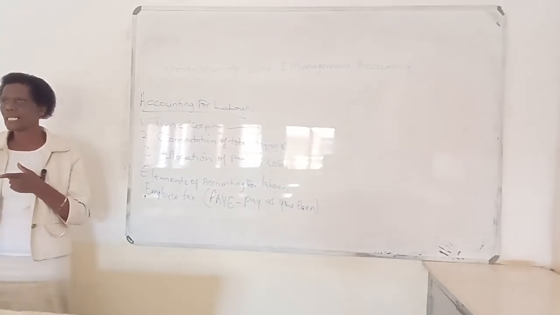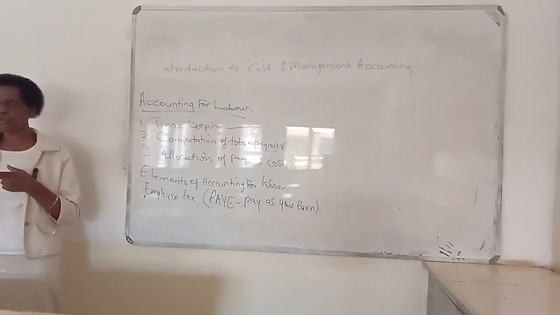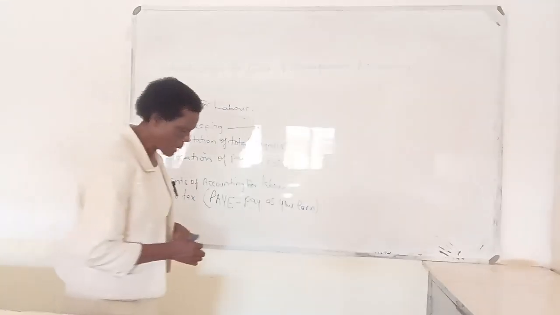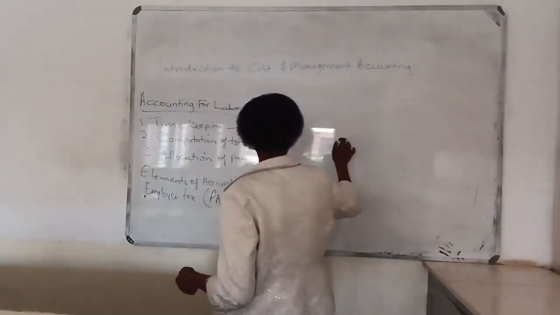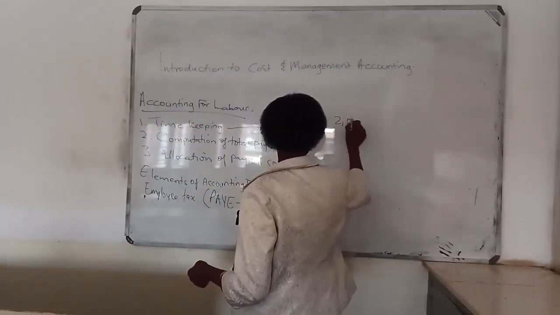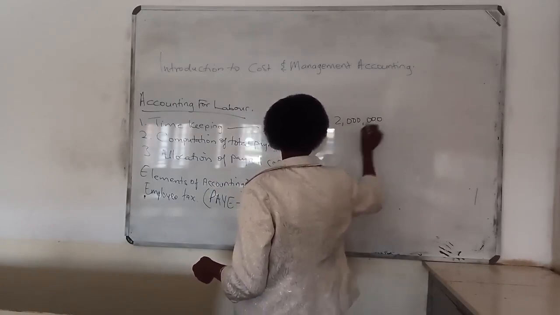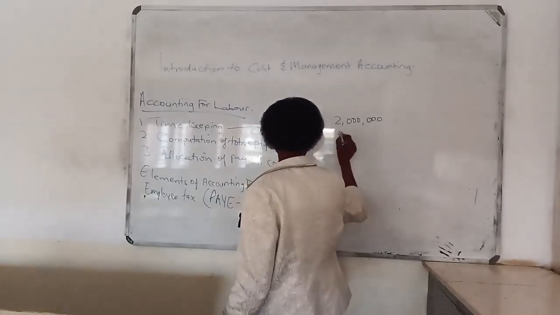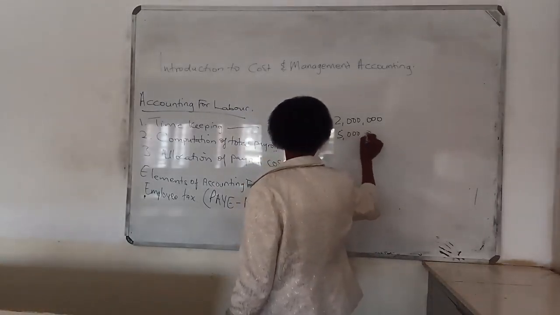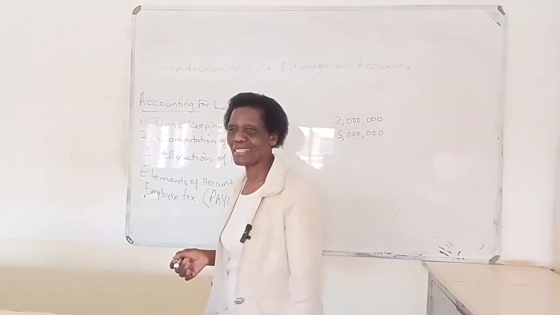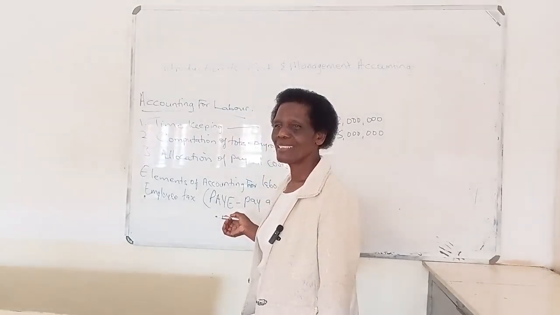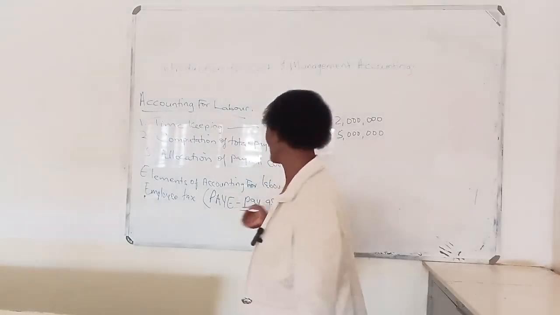If you remember correctly, last time when we started the same topic, because we are just continuing this time, we said that, for example, Loveness is getting 2 million. And then Kalivute, you are getting how much? I thought so, because always you want to be more than Loveness. That is what I know. Banda, how much are you getting? 3 million.